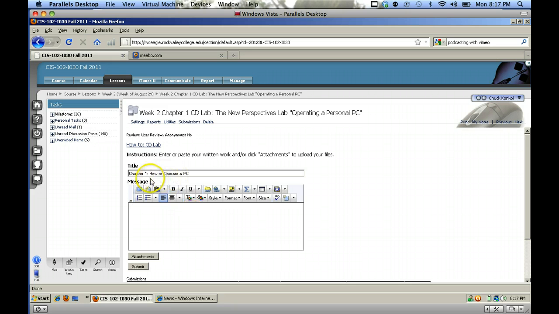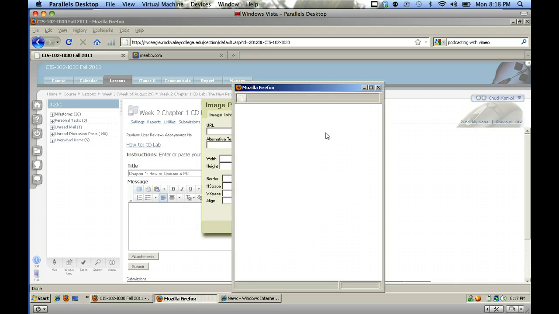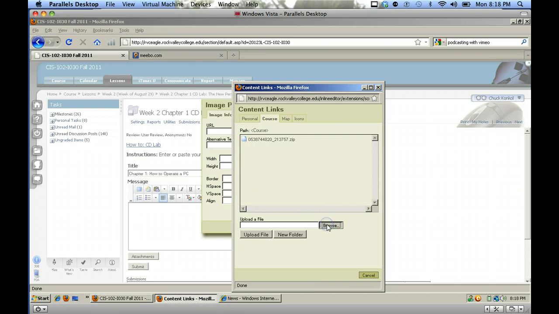If you're not exact in the spelling of the title, that's okay, but make sure you at least put the chapter and the number of the chapter. And then to insert the image, here's what we want to click on here. We're going to insert an image, browse out, hitting the browse server button, browse again,